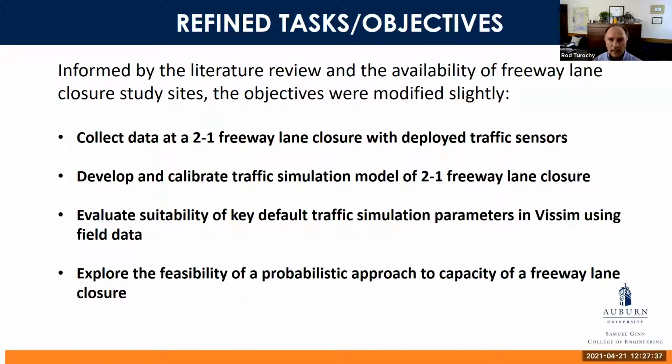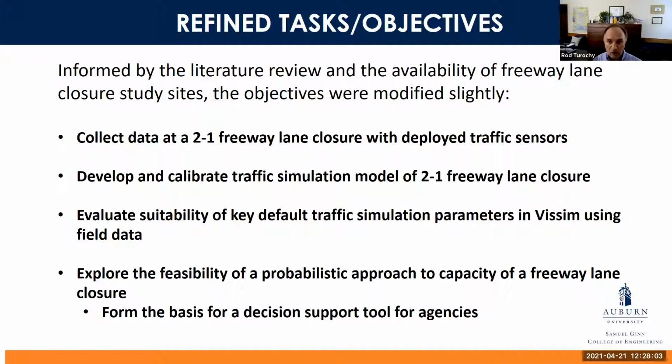And then also kind of added the notion of exploring the feasibility of a probabilistic approach to capacity of a freeway lane closure. So in the next 15 minutes or so, we'll elaborate on all of these items that are the objectives that we ended up taking a look at. But essentially, based on literature review and conversations with the Alabama DOT, this is what we ended up setting up as our objectives. Oh, and also that this notion of looking at work zone freeway lane closure capacity stochastically or